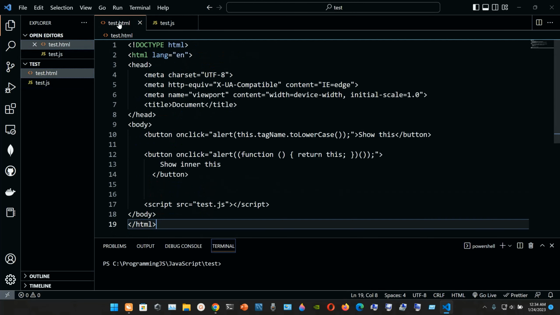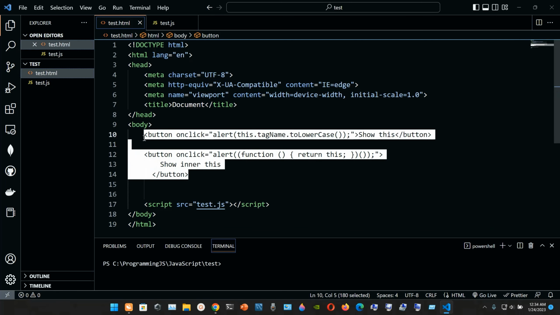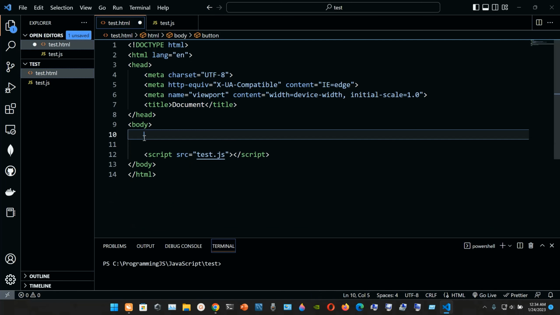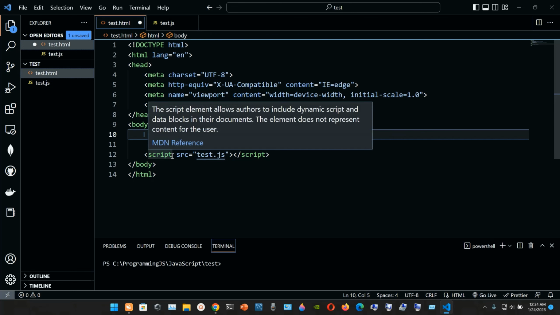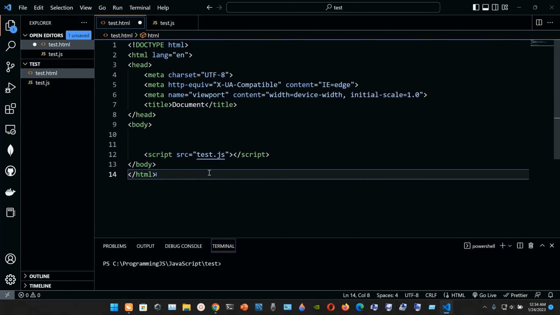And you go to your HTML and you just delete these buttons that we created before, and make sure that in the script source, inside of the double quotes, is the name of the file in JavaScript. The name of my file in JavaScript is test.js, so here I have it test.js, so I save it, Control S,